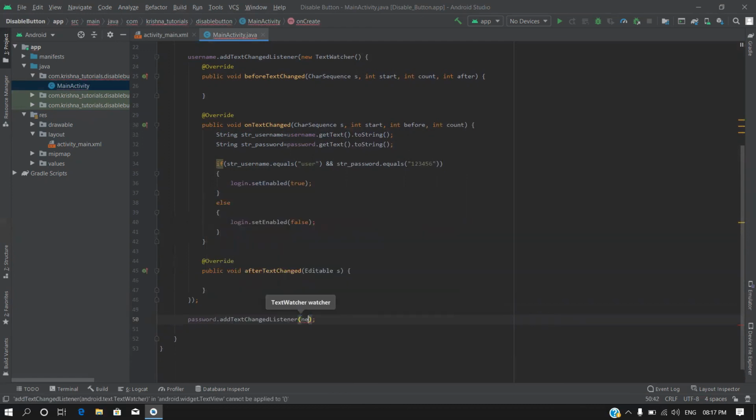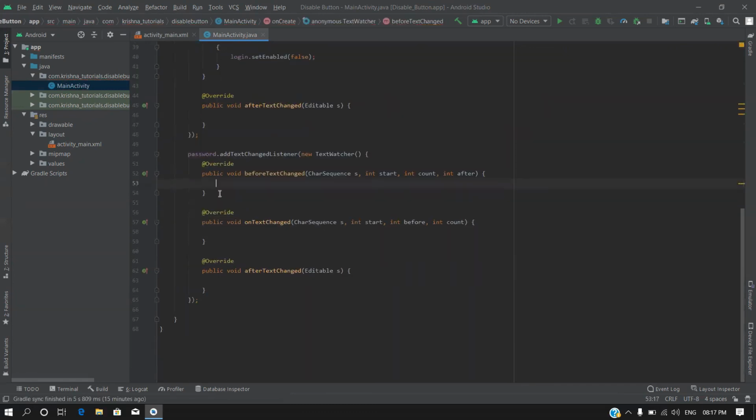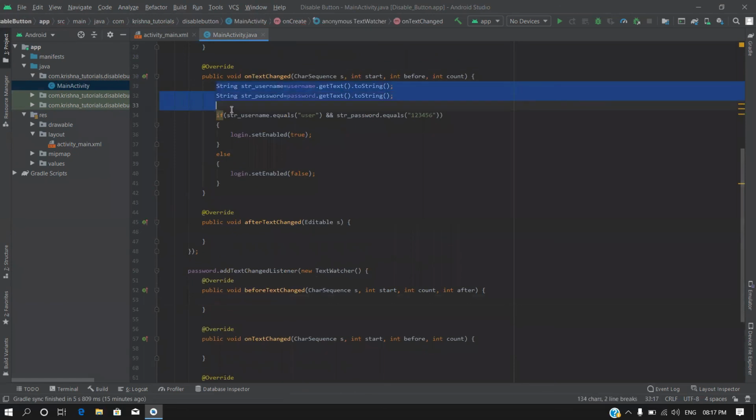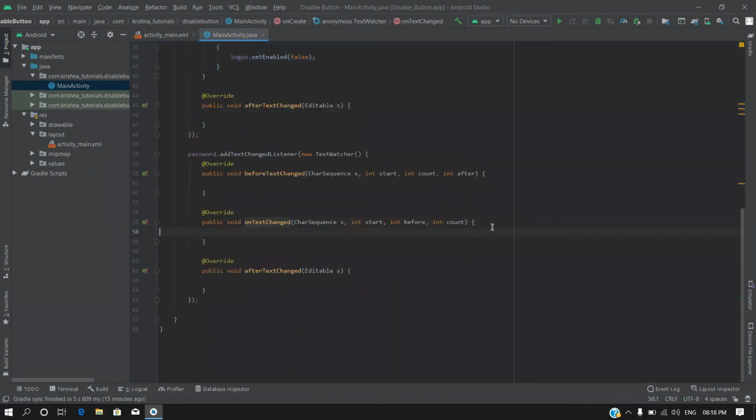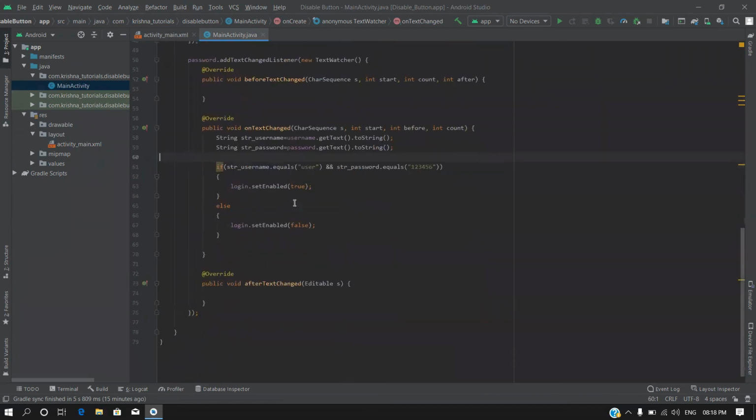Add text changed listener, new text watcher. The same action we are going to perform in this as well, on text changed.